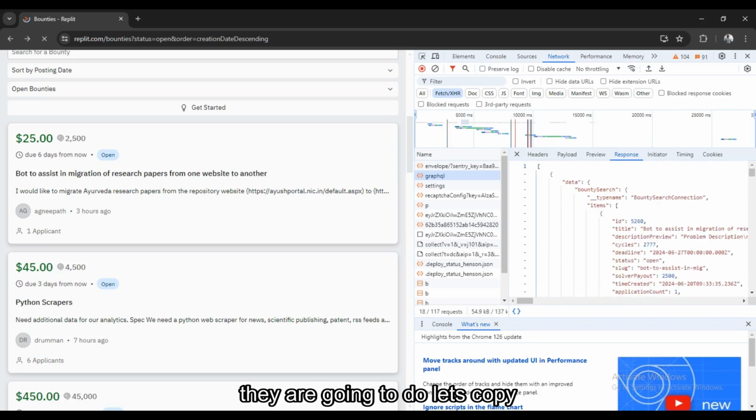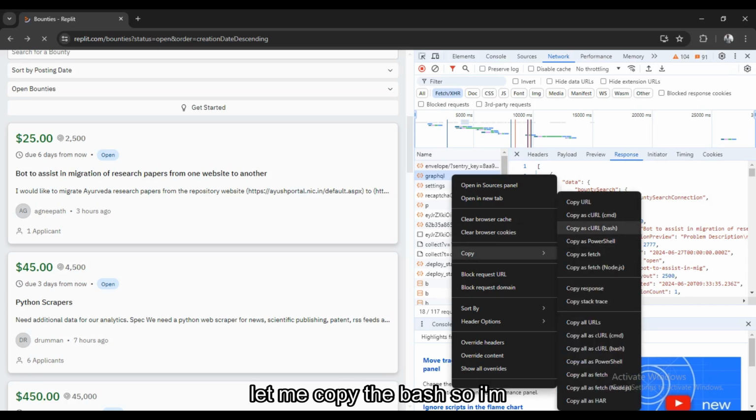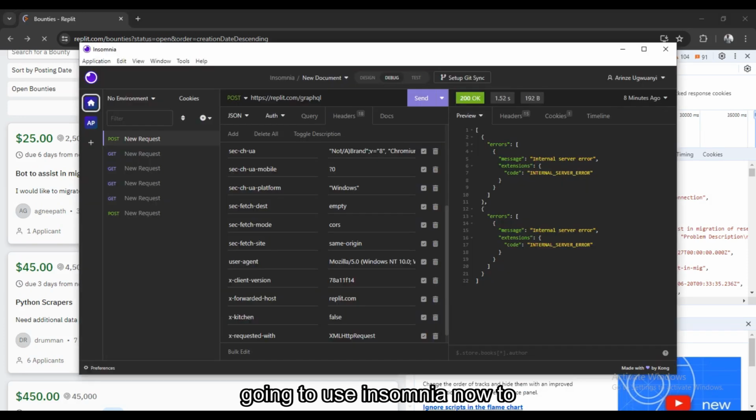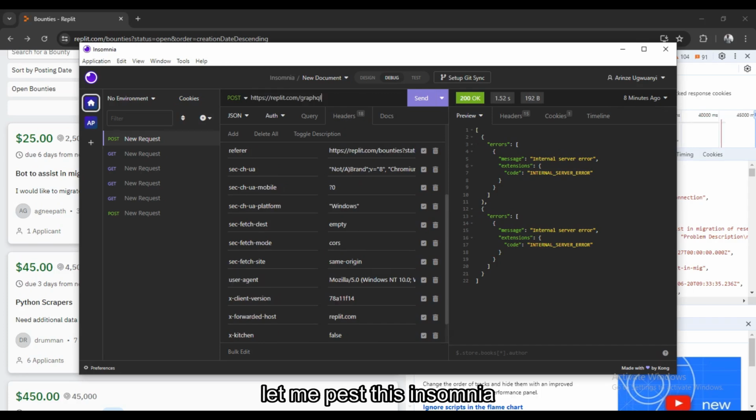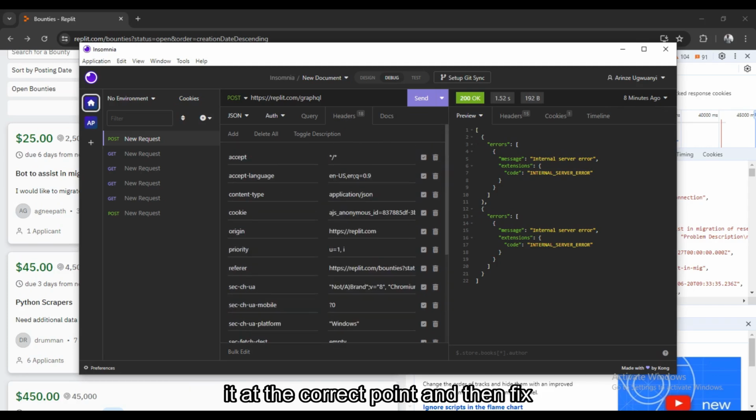So the first thing we're going to do, let's copy the URL. Let me copy the bash. I'm going to use Insomnia to mock it so that I can see if I'm going to get the data. I've already done this before, so let me paste this. Insomnia is going to handle the headers and place them at the correct point, and fix everything. And then when you now send,